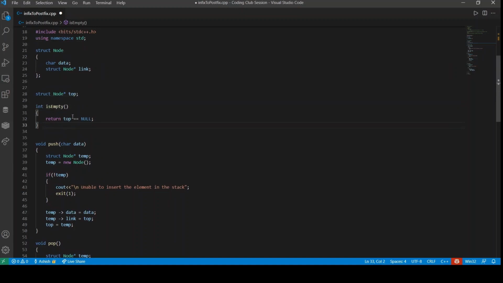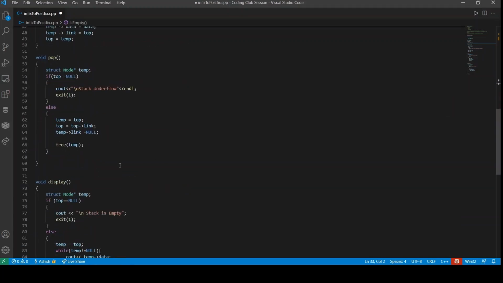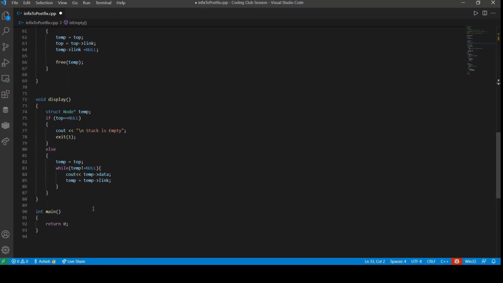This is particularly the is empty function, which checks whether the top is null or not. So these are the functions which we'll be using mainly, and we'll be making our own function, that is the conversion of infix to postfix. So let us start the code.